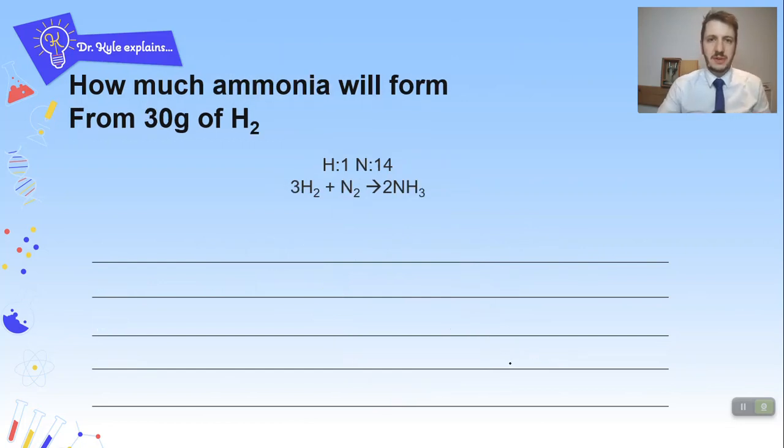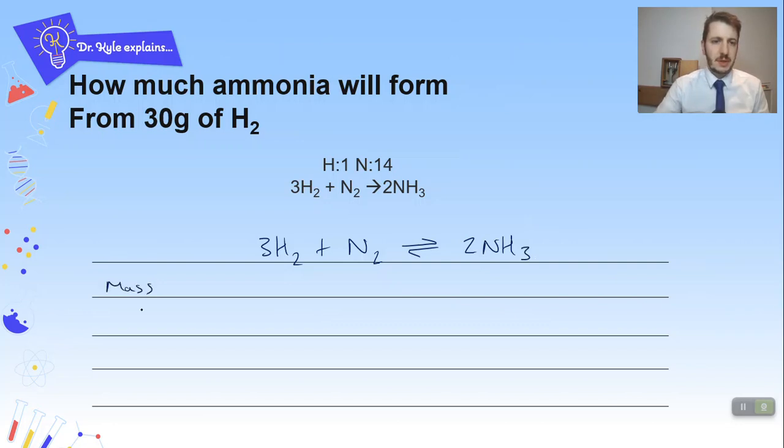Okay, so let's have a go at the next one then. This one's slightly harder. So again, how much ammonia? So straight away I've got how much, 30 grams. I've got my MRs there or my ARs there. So I know I'm going to use moles equals mass over MR. So I'm going to write 3 hydrogen plus nitrogen goes to, and sometimes this is actually a reversible reaction, but we're not going to worry too much about what that means today, to NH3,